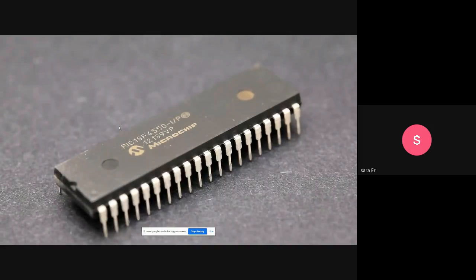Inside the Arduino board, there is a microcontroller. These are its pins, and it is an ATmega32 microcontroller by Atmel.